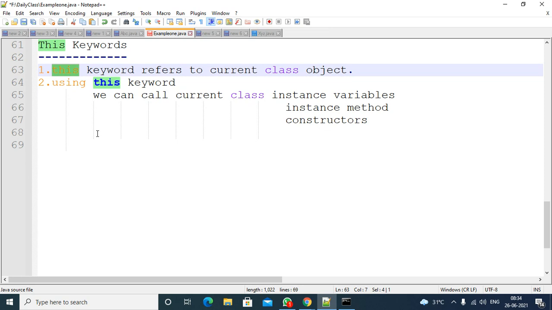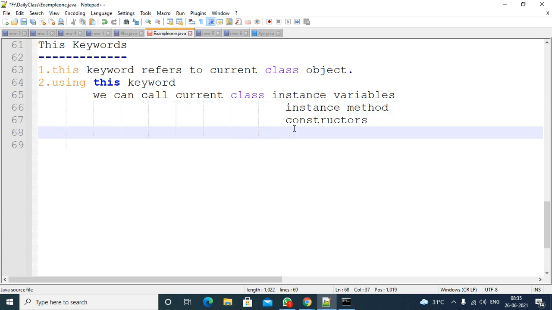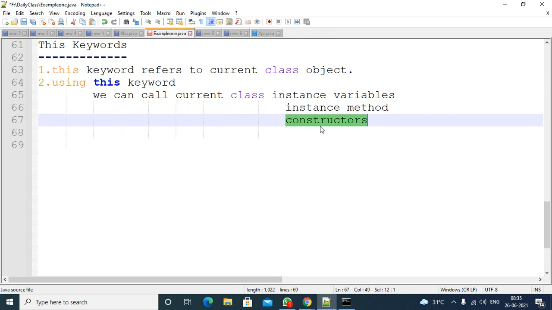And to call the current class methods, you can use this keyword, right? If you are not using this keyword and directly calling it, at the back end the compiler will add this, right?